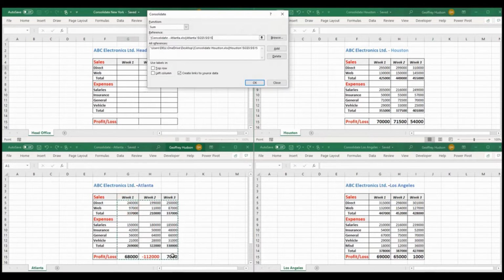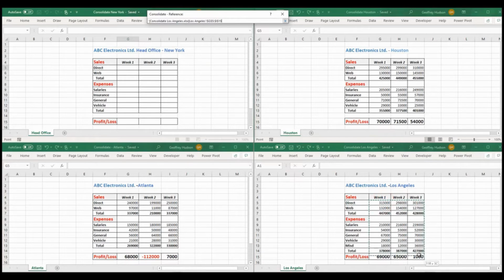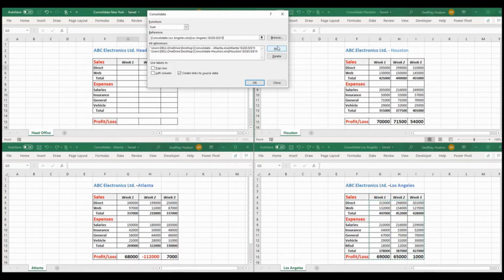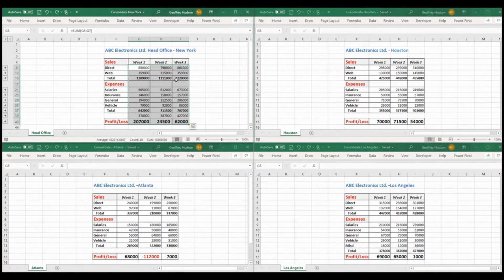We choose each of the cells with information and choose Add, and finally we do the same for Los Angeles. We click Add,